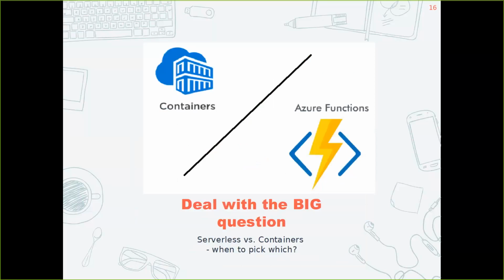So what exactly is containers? Both of them are actually serverless if you think of it from a point of view. I'm just going to click through and see what else I've got here. Now the question is, when would you use containers? I would use containers if I had to move legacy applications like I was doing initially. But if it's something I'm writing from scratch, I would just go with Azure Functions. And why is that?